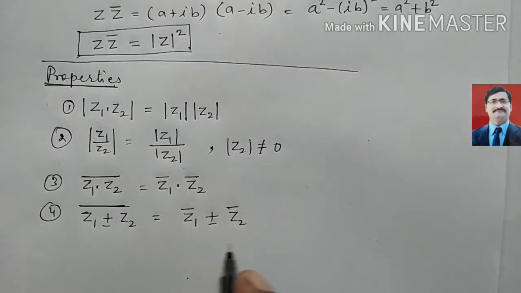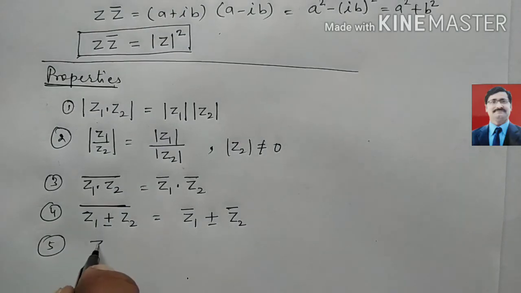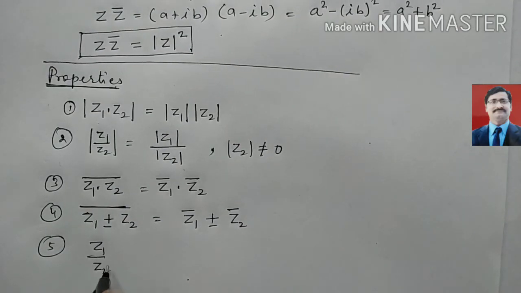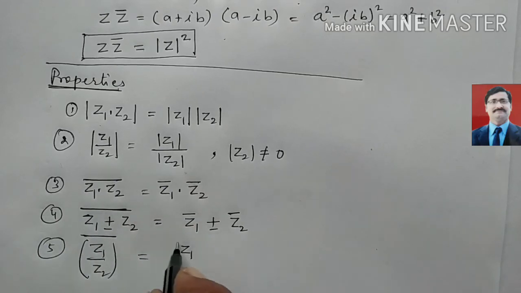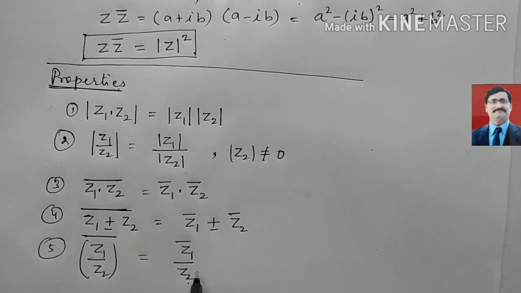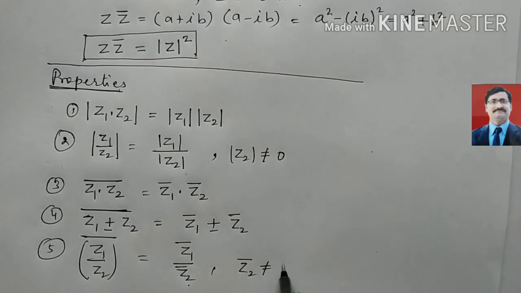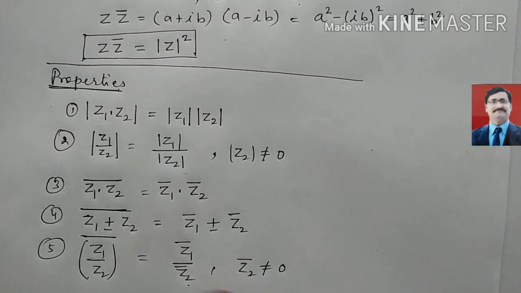Look here, do all of you understand this? Now for the division also, the conjugate of z1 upon z2, the whole, will be equal to z1 conjugate upon z2 conjugate, the separate conjugates we have here. Here also we will have that z2 conjugate should not equal 0. So these are the properties. With the help of these properties, the big questions you can write in a simple format.